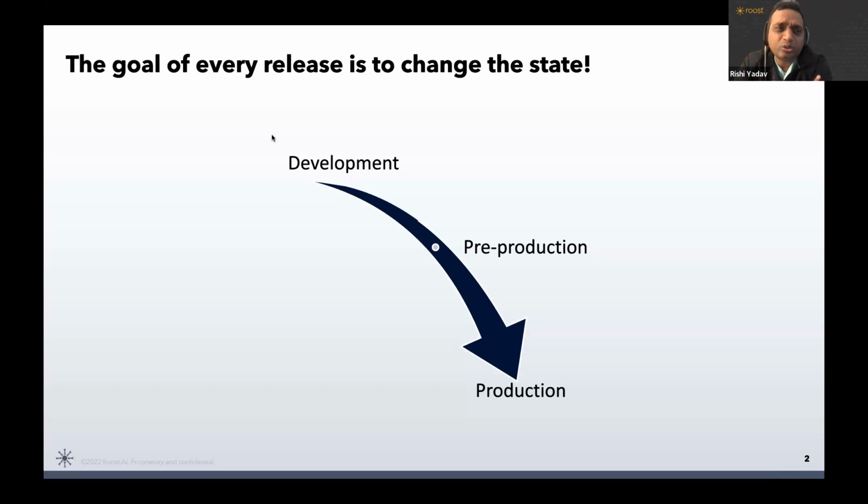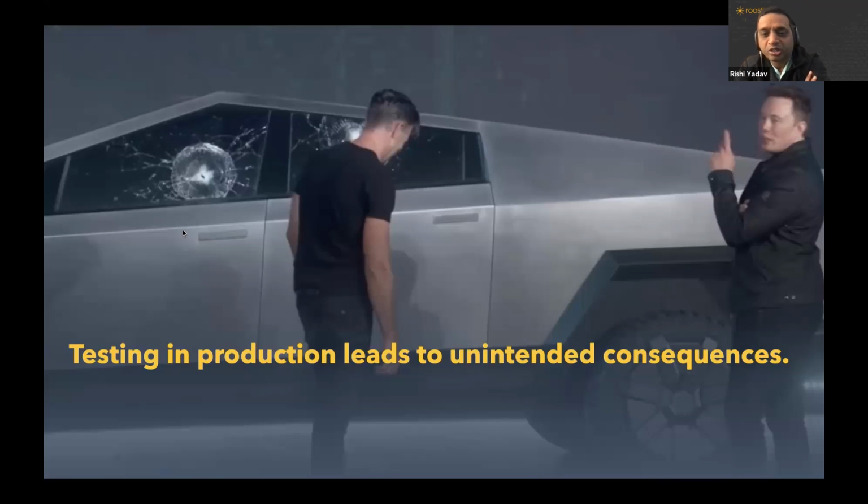As you all know, the goal of any release is to take a change from development to production, hopefully without any collateral damage. Talking about collateral damage, there are two paradigms which are being talked about a lot these days. One paradigm is testing in production.